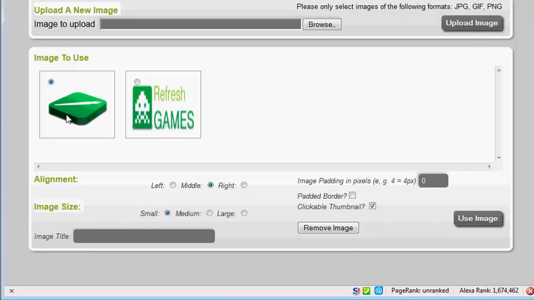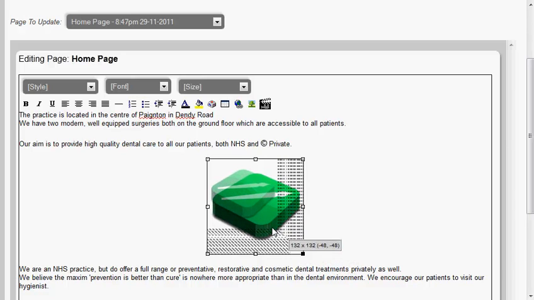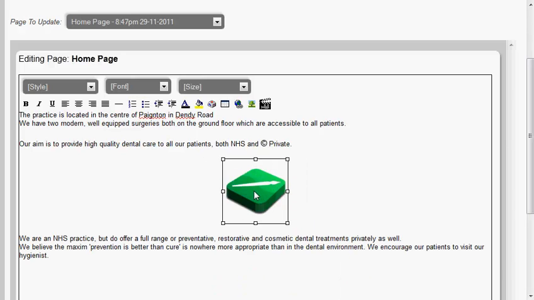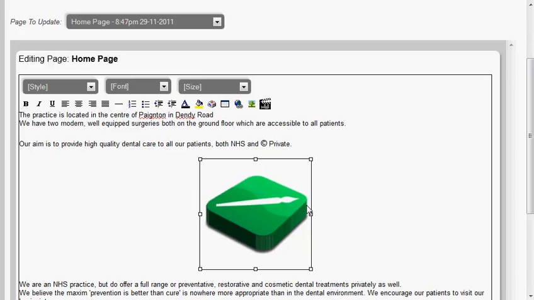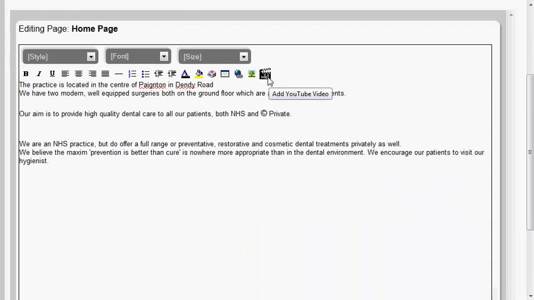Okay, so we'll just use that image, middle medium, refresh tweet icon, that'll do. Insert image. And you can see that's then appeared inside the document. And you can, if you want to, resize the image from inside here, although you're still going to be using the same original image. So if you rescale it up, then you might find that it's blurry around the edges, so you'd be better off using a larger image. Okay, let's just remove that, and you can also embed YouTube video,